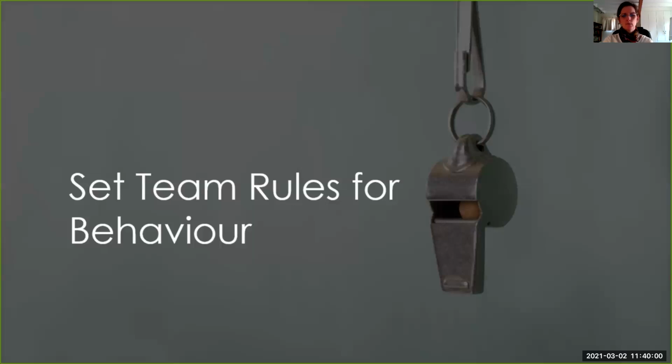Whatever those rules are, we need to clarify what our rules are. For example, we have a check-in meeting every morning between 8 and 8:15. We let our supervisor know as soon as possible when there's a problem. We never badmouth our team to outsiders. We are going to do our best to build a positive atmosphere and to resolve conflict quickly. Whatever those rules are, you need to establish them.